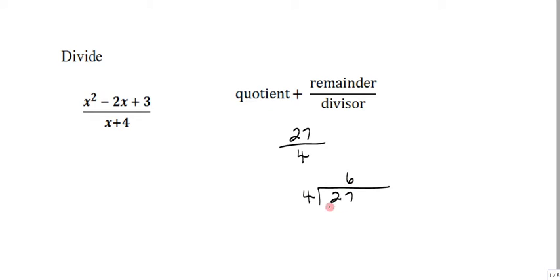And then we multiply 6 times 4 is 24. And then we subtract, and we get 3. Well, 4 doesn't go into 3, so 3 is the remainder. So we would write this out as 6 3/4,